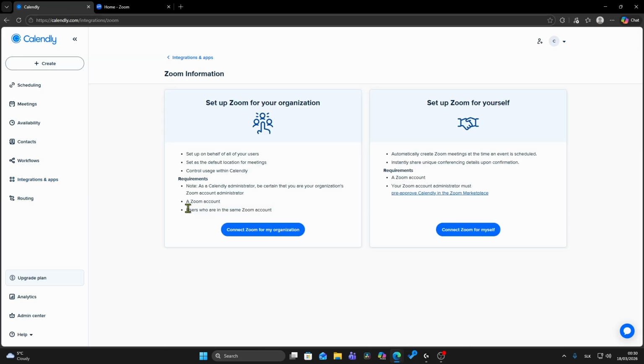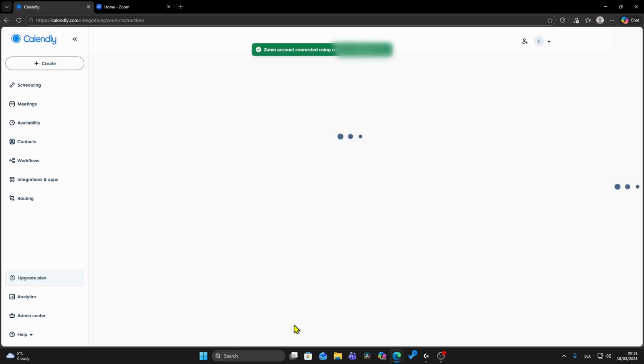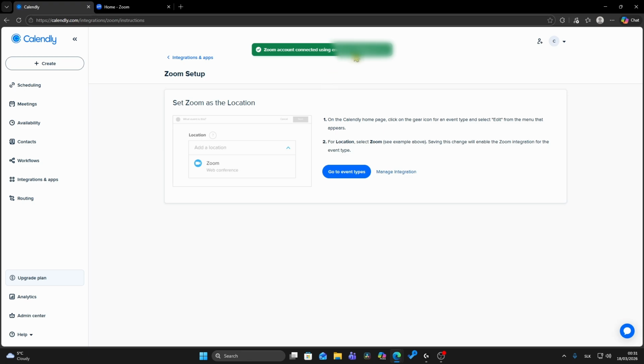And now you have two ways you can connect it. You can set it up firstly for your organization, so set up on behalf of all your users, and you can also set it up for only yourself. And then you can automatically create Zoom meetings at the time an event is scheduled. So if I click on connect Zoom for myself, you want to just basically allow all those permissions or access. So allow this app to use my shared access permissions, and then you want to allow it. Zoom account connected using my email address or my account, and now we can